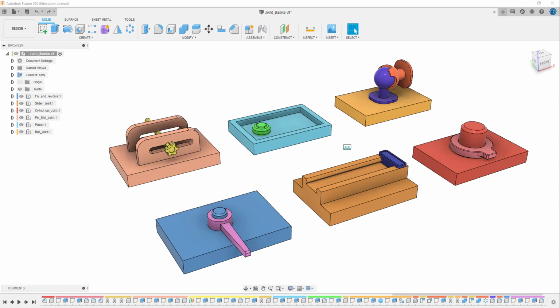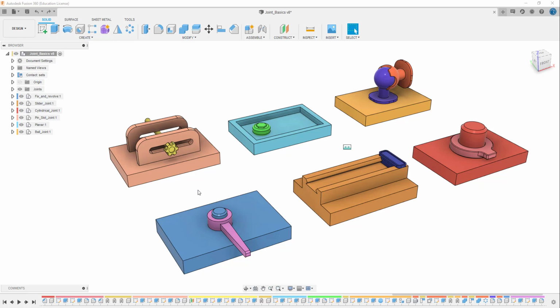Okay, so we're going to have a wee look at assembly inside Fusion. Now in traditional CAD packages, what you would do is assemble components together and try and reduce their degrees of freedom. So whether they can move in X, Y and Z and rotate in X, Y and Z, you try to remove the degrees of freedom that they have in order to create the motion that they would have in real